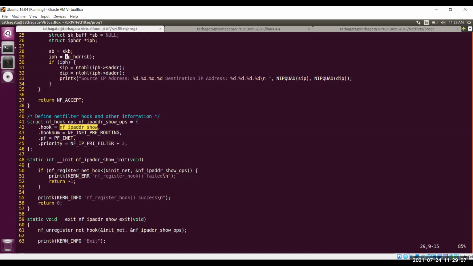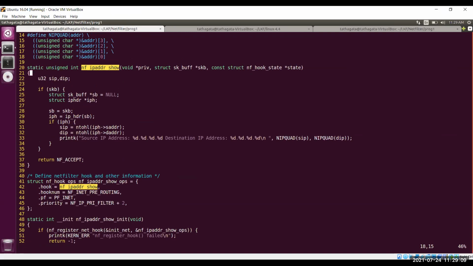So here you have the IP header, and although the layered architecture says you should not access the TCP header or the upper layer header, in optimized code you can actually check the TCP header or the UDP header. The protocol field you can also check here. It is not recommended because that should be done in the upper layer.